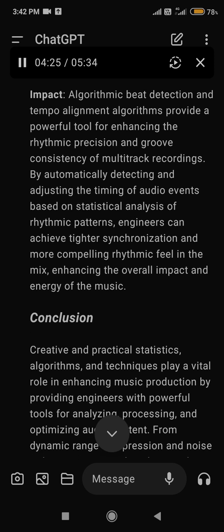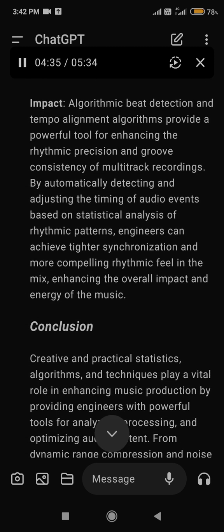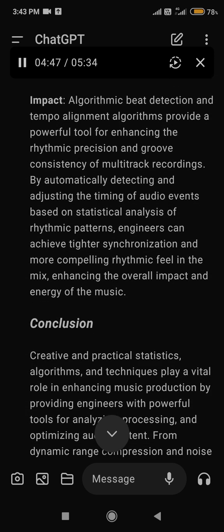Impact. Algorithmic beat detection and tempo alignment algorithms provide a powerful tool for enhancing the rhythmic precision and groove consistency of multi-track recordings. By automatically detecting and adjusting the timing of audio events based on statistical analysis of rhythmic patterns, engineers can achieve tighter synchronization and more compelling rhythmic feel in the mix, enhancing the overall impact and energy of